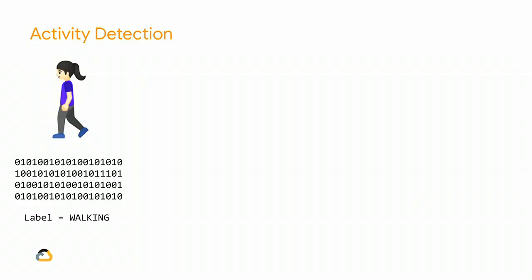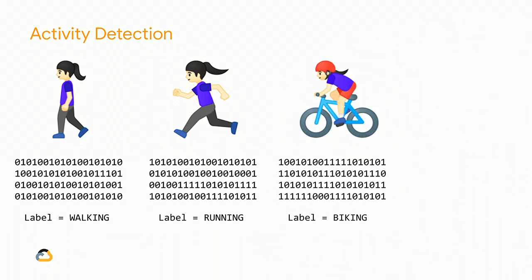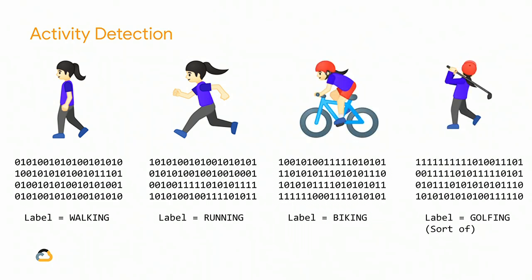Some of the limited scenarios and some of the difficulties in a scenario like activity detection that I mentioned could be fixed by saying, I can get a whole bunch of people walking, and I can say this is what walking looks like. I can get a bunch of people running and say this is what running looks like, this is what biking looks like, and yeah, sort of, this is what golfing looks like. So the idea behind machine learning is if I get all of that data, then it's really as simple as I can have a computer start sifting through this data and spot the patterns that make a commonality for walking, spot the patterns that make a commonality for running, biking, golfing, all that kind of stuff.